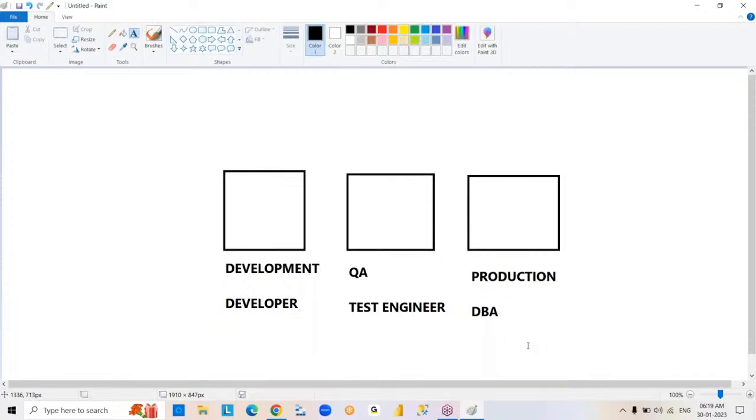We are going to work with different types of versions of SQL Server. Right. Okay, now